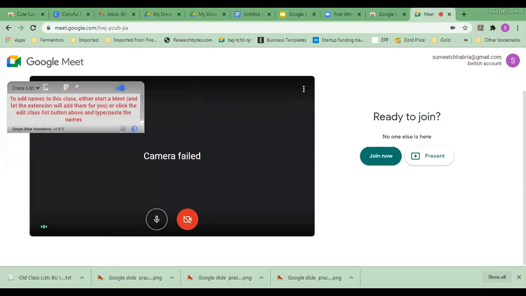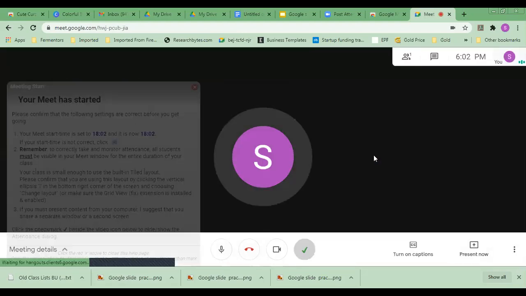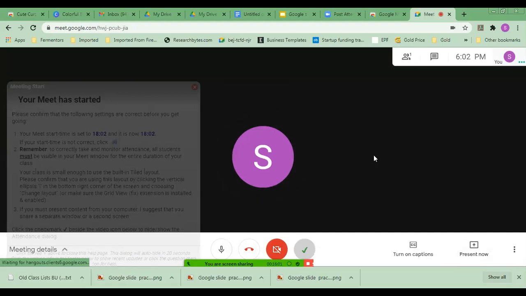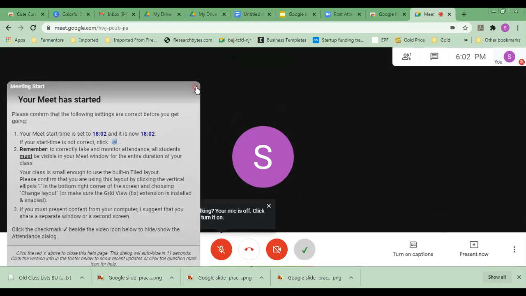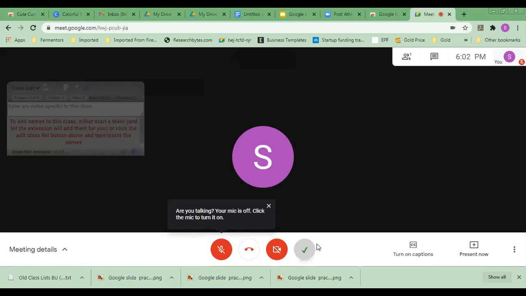I know that I already have downloaded this. My camera failed because I am using it on Zoom. Ready to join. Now when I start the Google Meet, can everyone see my screen? Yeah, is everyone able to see my screen? Yes. Now when I start the Google Meet, you will see on the bottom there is already a tick